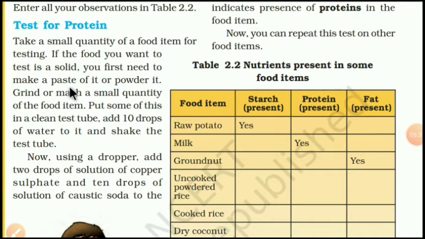So what do you come to know? That if the food item you want to test is solid, then you powder it or paste it. Then put some of this in a clean test tube and add 10 drops of water to it. Shake the test tube.